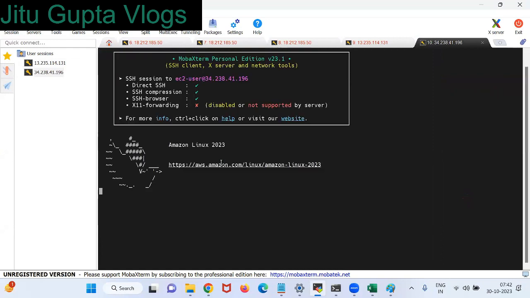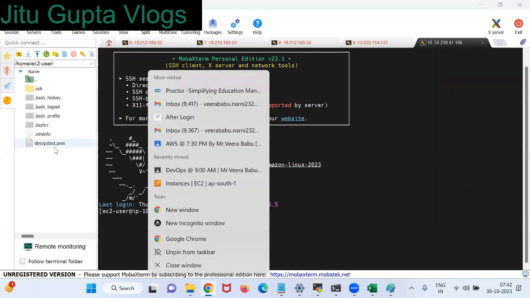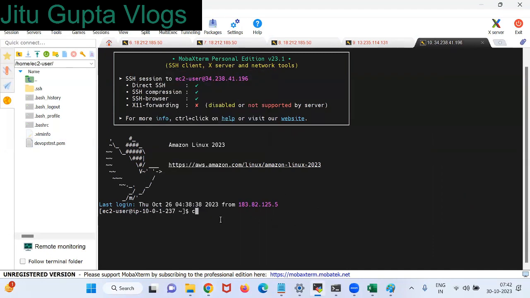How do I connect to the private one now? What is the bastion host process now? I have already uploaded the key, right? See, my key is here. chmod 400. Is it clear? Just press tab only. Okay, next. What is the command? I haven't connected to my private instance. ssh -i